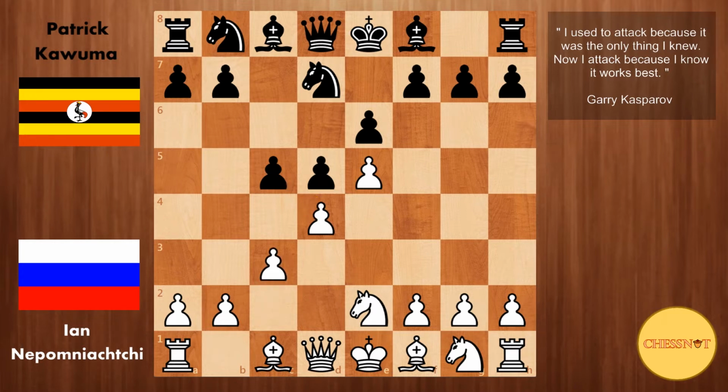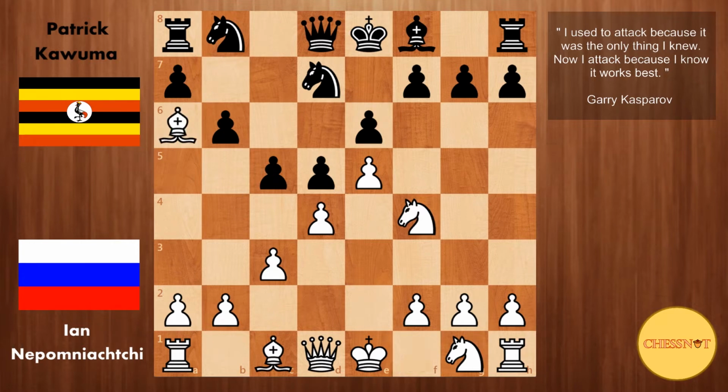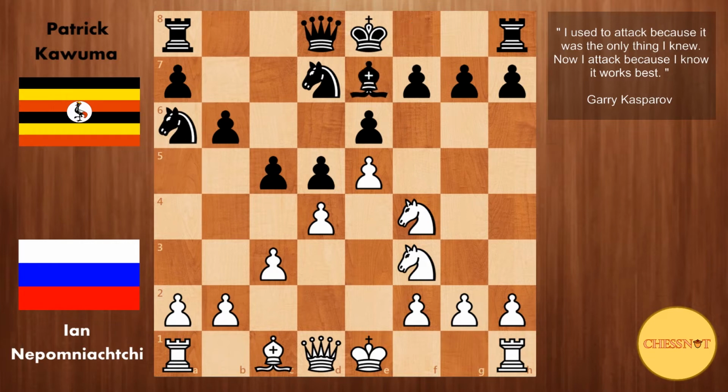We have c3 from Nepo, b6, so b6 with the idea of bringing the bishop out to a6 and trading for white's light square bishop, because in the French normally black's light square bishop would be considered a bad piece as it is locked in by its own pawn. Knight to f4, bishop to a6, bishop takes a6, knight takes a6, knight to f3, bishop to e7, and here